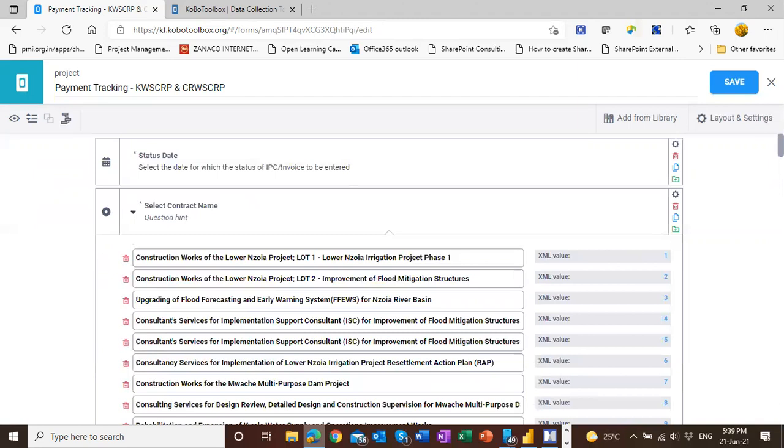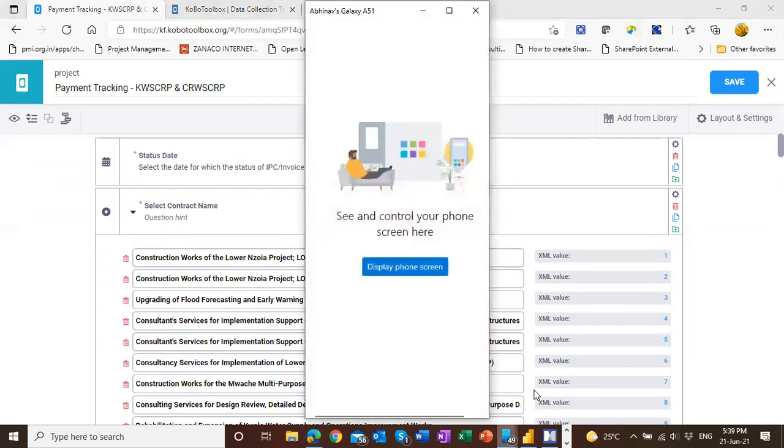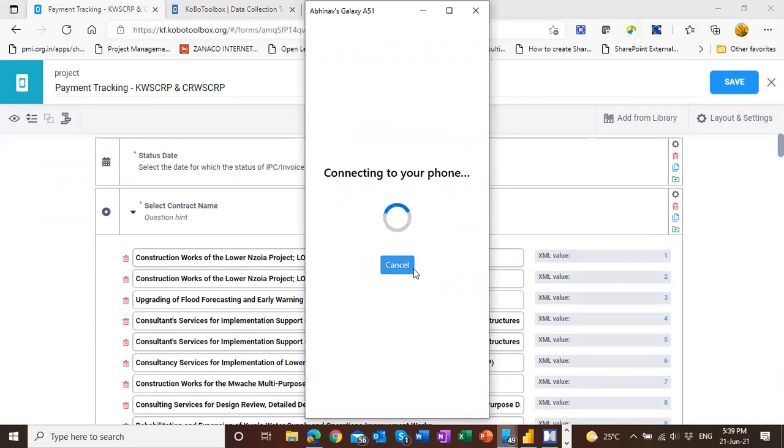And when we deploy this form, then on the mobile application we will use, let me open my phone screen to demonstrate. Sorry for the delay. It's connecting to my phone. So while it is opening,